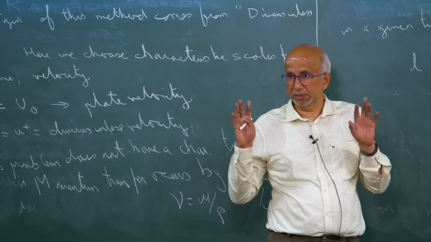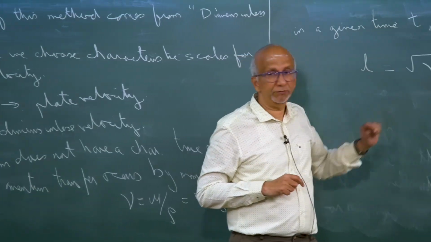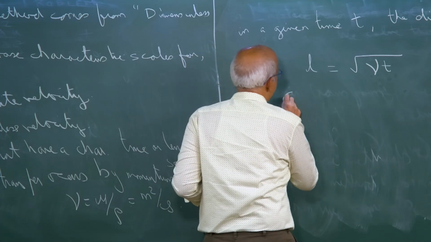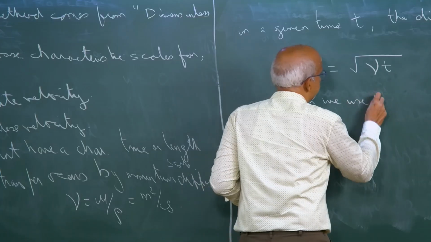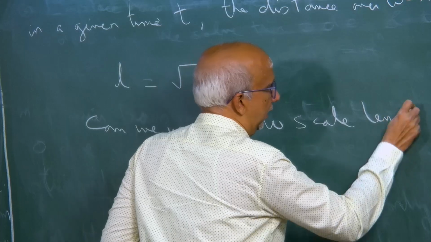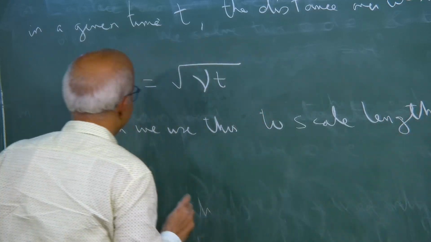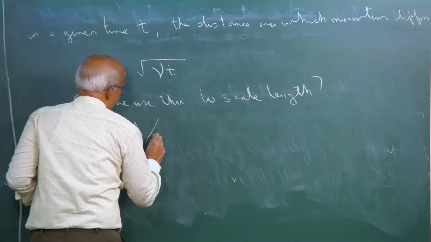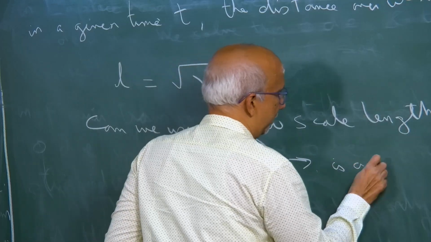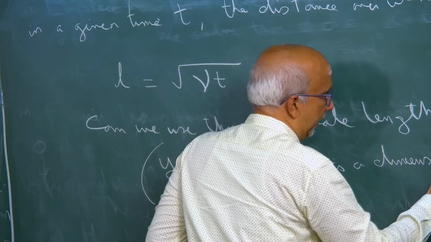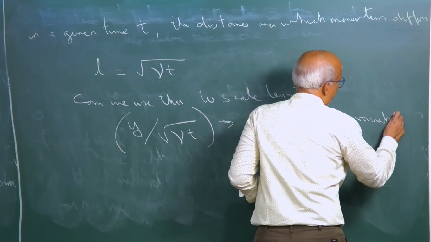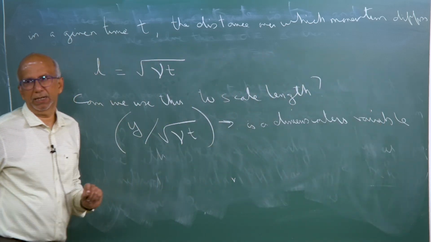Okay. So, this is not a proper scale, but this has units of length. So, can we use this to scale length? I mean, that is the question, and in that case y divided by square root of nu t is a dimensionless variable. I do not want to call it a length scale, but I just want to say that